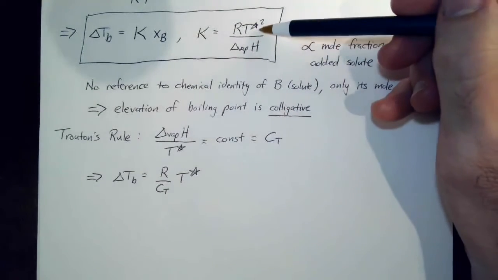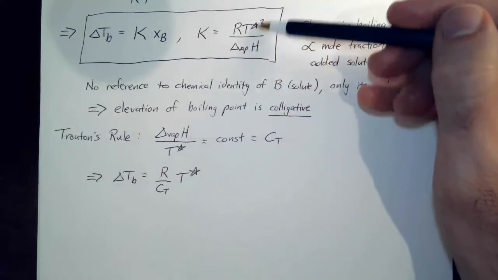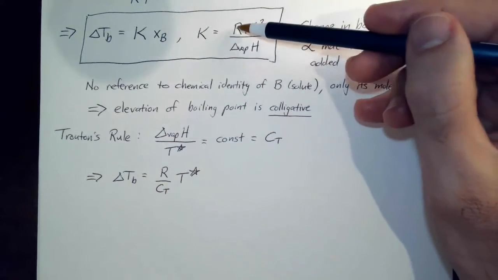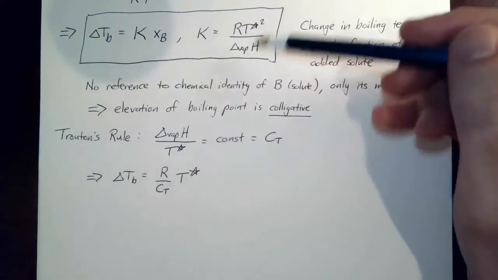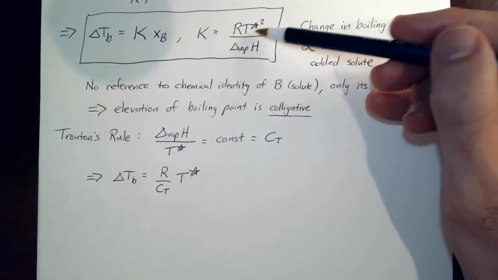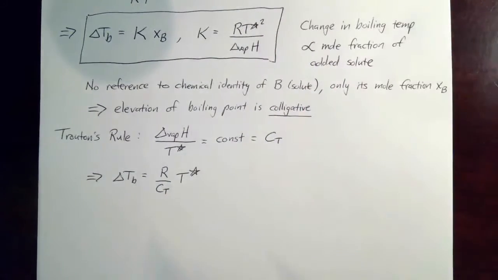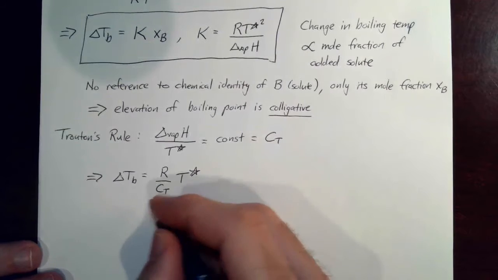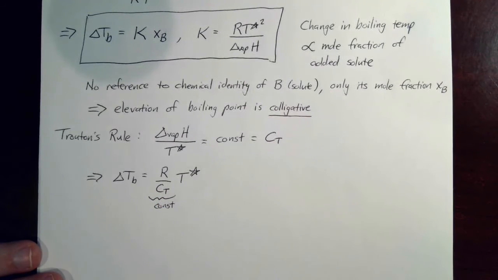Okay, so this is actually 1 over CT because this fraction is inverted here. And I have a constant R. So my constant becomes R over CT. And I'm left with one of these T stars. Only one of the T stars was absorbed into the constant, and the other one sticks around. And so we look at this and we see that this number is a constant, the gas constant divided by